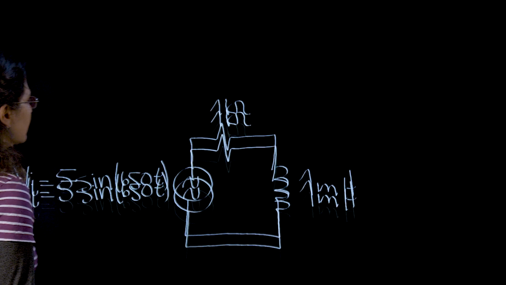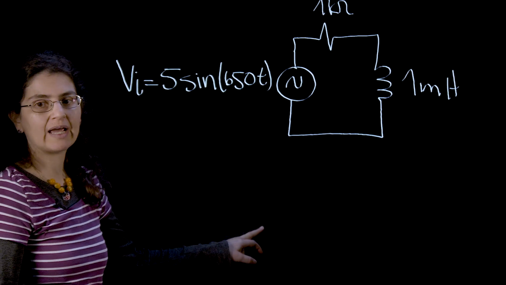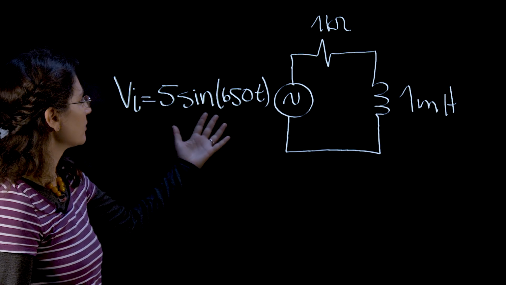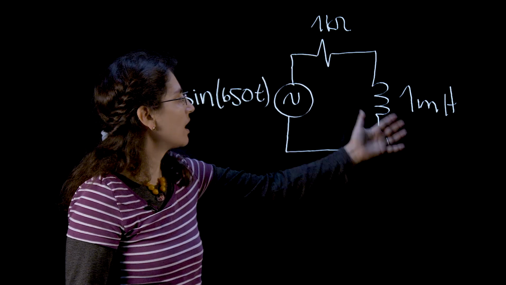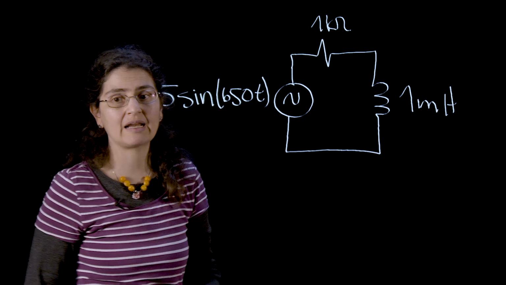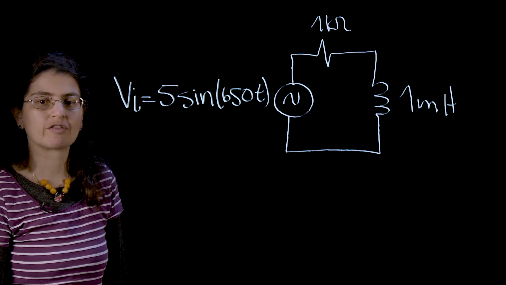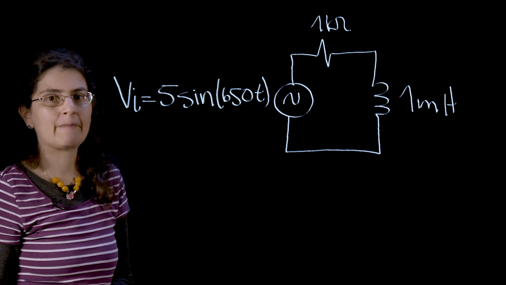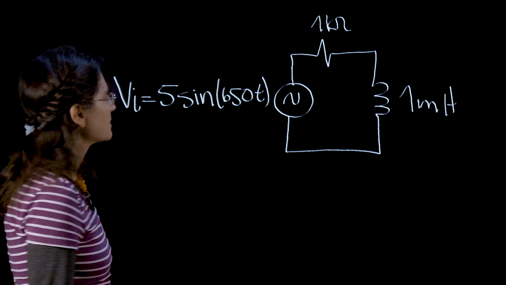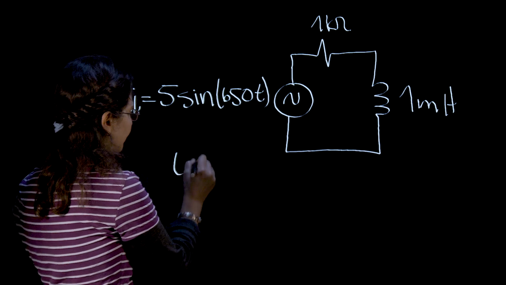Hi, today we're going to be looking at the response of an RL circuit when our input signal is one sine wave of a particular frequency. So, our circuit looks like this. We have our sinusoidal input and our two elements. Our resistor is 1 kilo ohm and our inductor is 1 millihenry. So the first thing we need to note about this circuit is that our omega equals